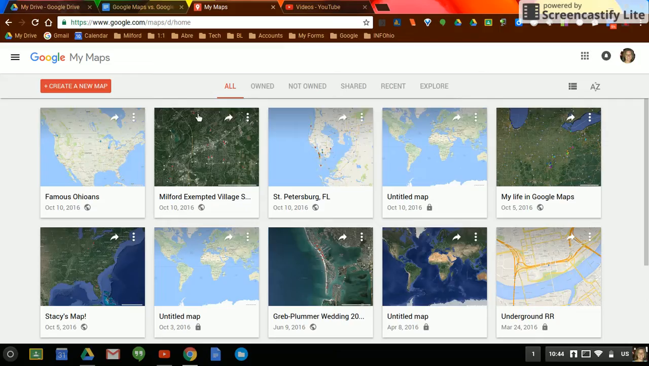Welcome to Google My Maps and how to create a new map. Our first step is to press the red button on the upper left that says Create a New Map. As the map opens for Google My Maps, the first thing you want to do is give your map a